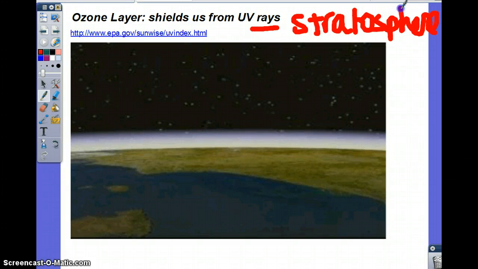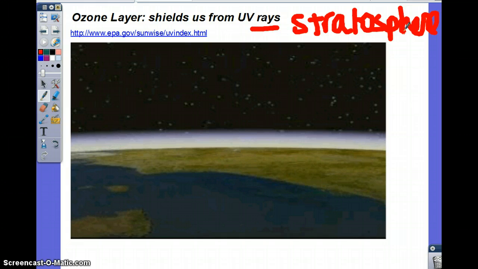In the troposphere, we learned this in the beginning of this unit. When ozone is in the troposphere, it's bad, it's like toxic. When it's in the stratosphere, it's good. It's a shield that protects you against UV rays. So without the ozone, UV rays, which are ultraviolet light rays, will come straight down to Earth.